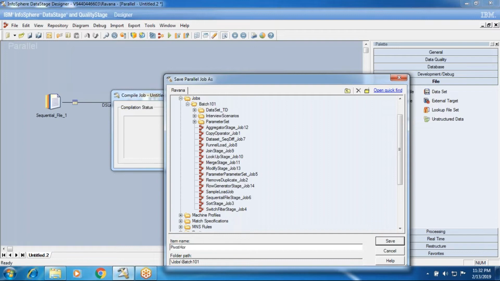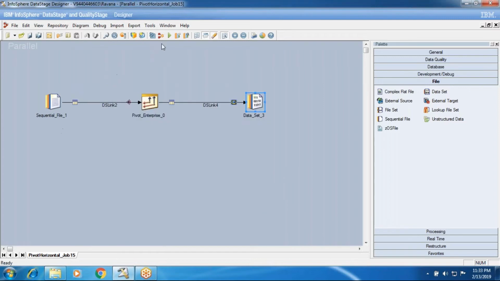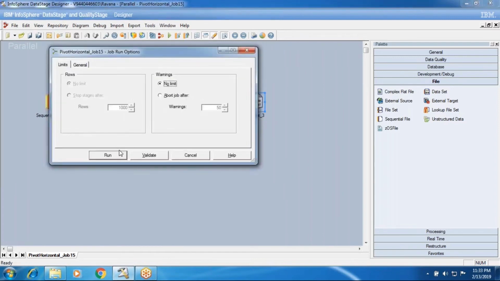Pivot horizontal underscore job 15. So you have to save this job, close, and I'm going to run this job.